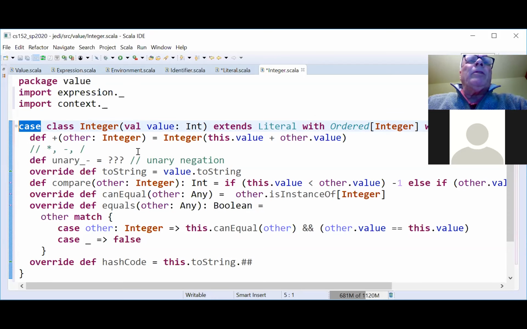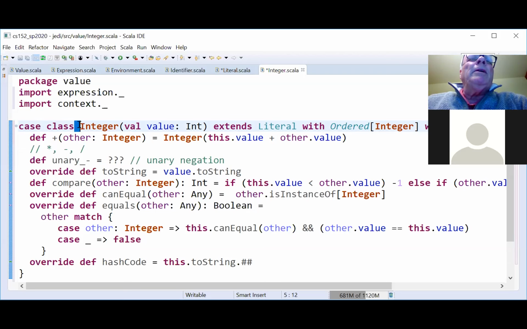The whole Jedi project is that we are writing a specification for both the syntax and semantics, the structure and behavior of Jedi, and we're writing that in Scala, right? So it's a little bit like if we were learning French, right? French is the object language, and the meta language is English. So I would be saying to you, bonjour in French. That means good day in English, right? So I'm just translating the French into English.